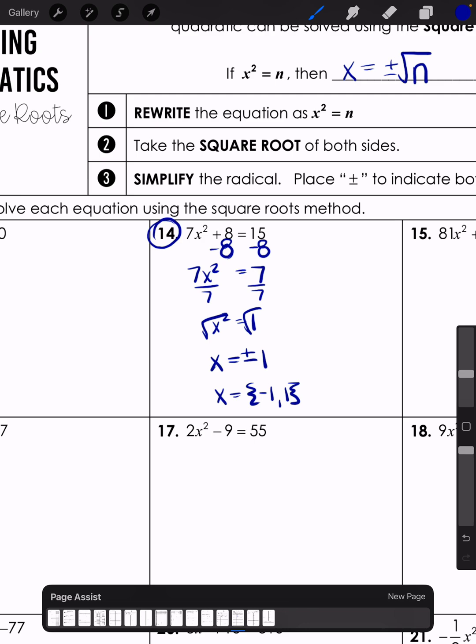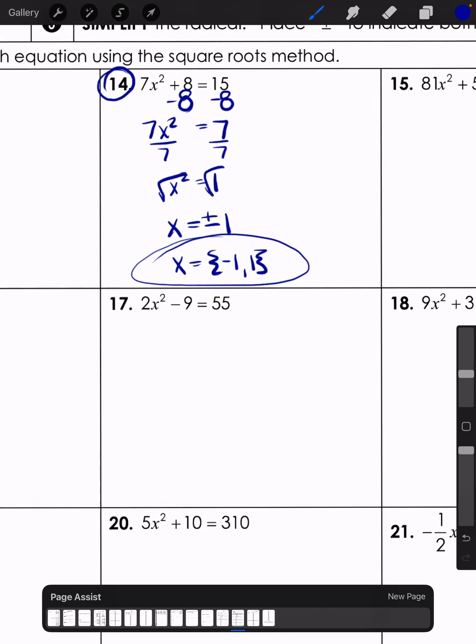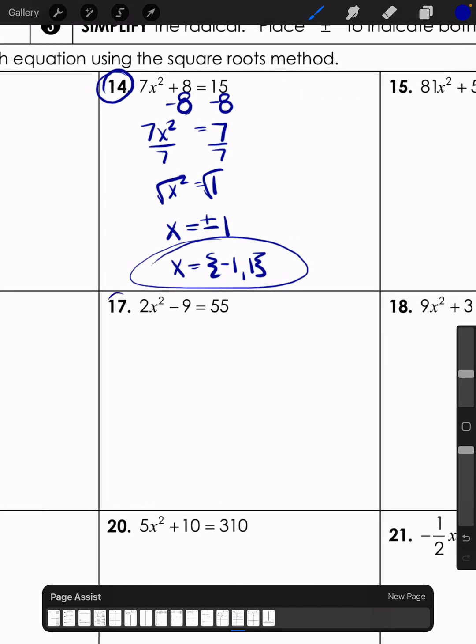Meaning that if I were to set this all equal to 0 and graph the function, I would be able to see that it crosses the x-axis in two places, or two solutions, at -1 and +1. Okay? Now, for something like number 17,